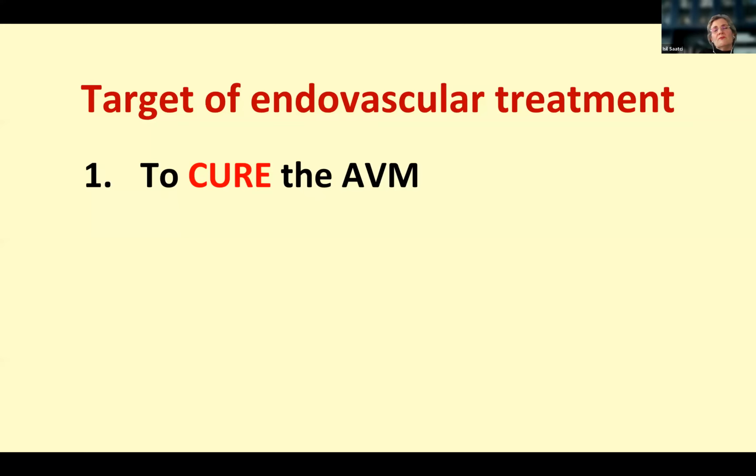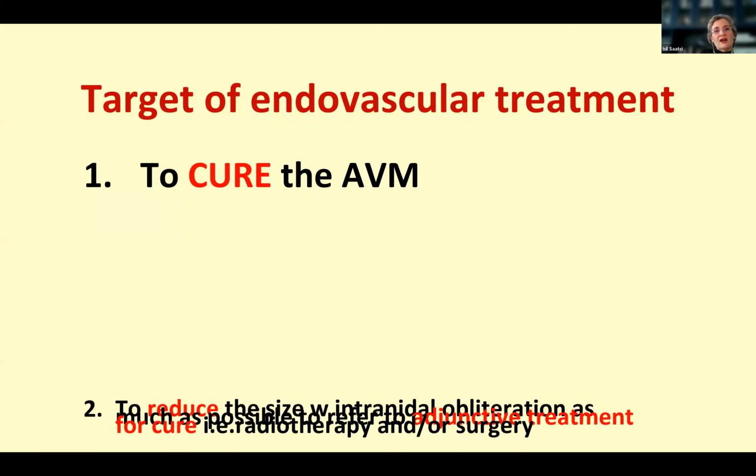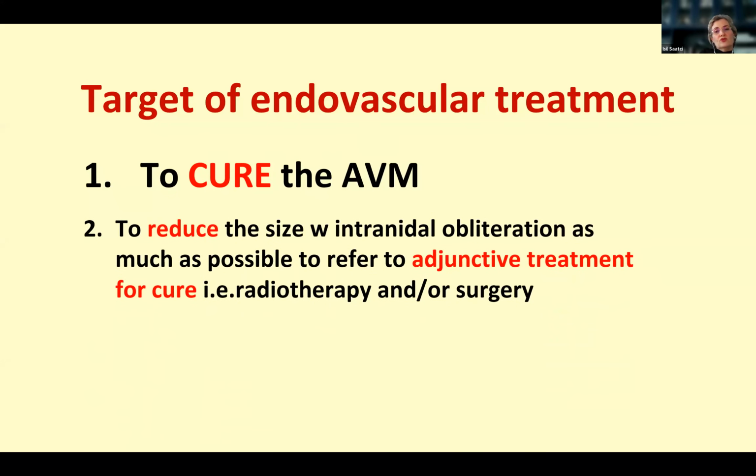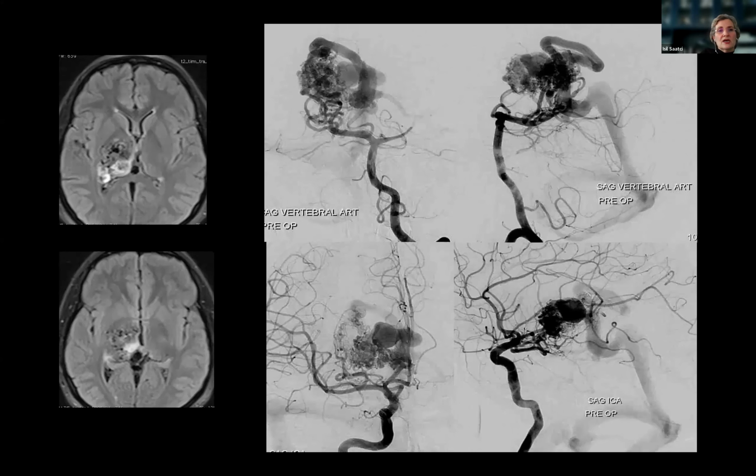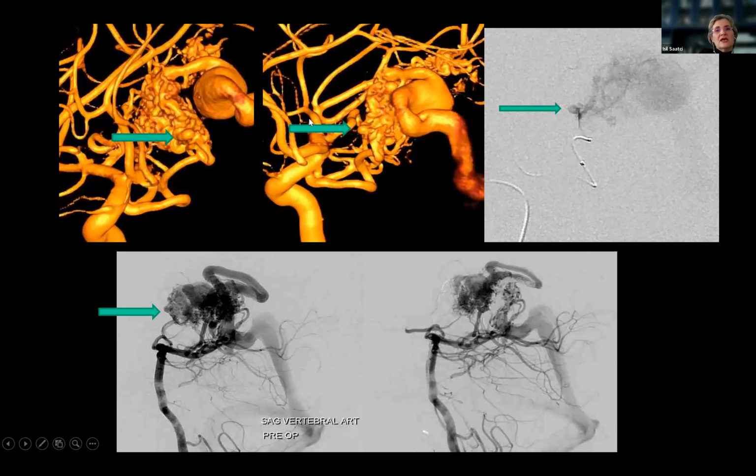So actually, we aim to cure the AVM, but there are selected cases where we do targeted embolization, or embolization to reduce the AVM as adjunctive treatment. One example: a young woman bled from this thalamic AVM, grade 4, in the last month of her pregnancy, and was referred to us for treatment after she gave birth. In the 4D, we realized that it has that aneurysm